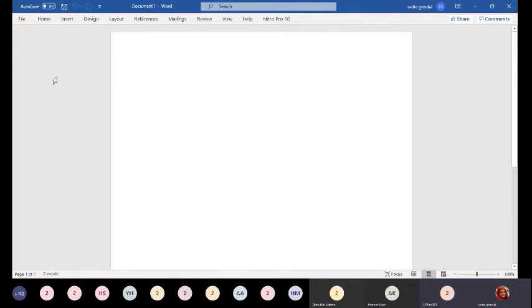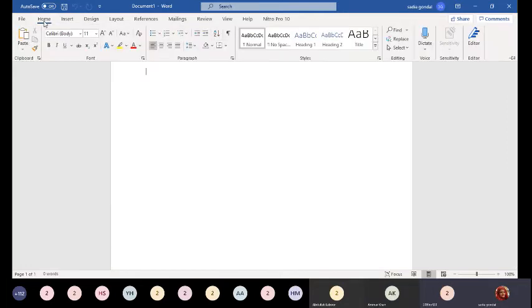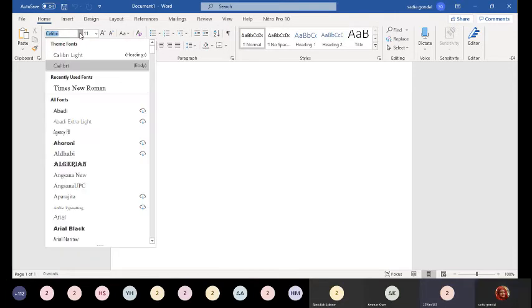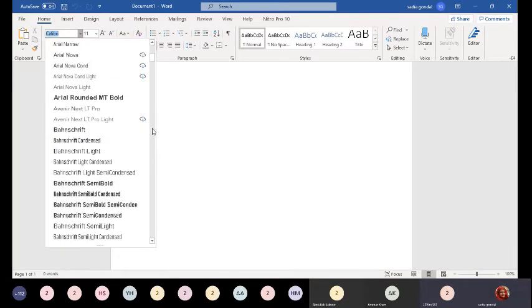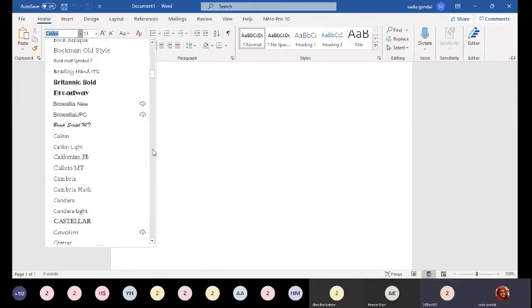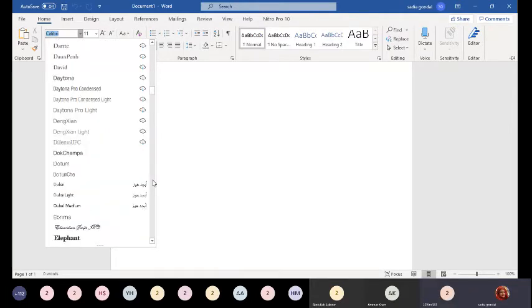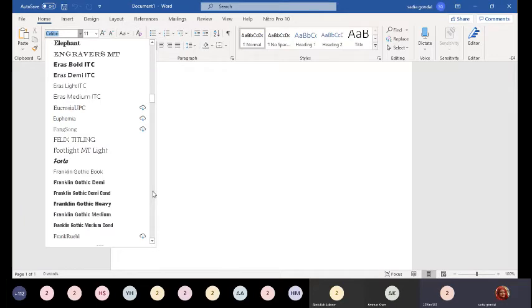Right. Okay. Now move towards the home button, and here you'll be finding a chain of different font styles that you can play with. And as Abdullah said,